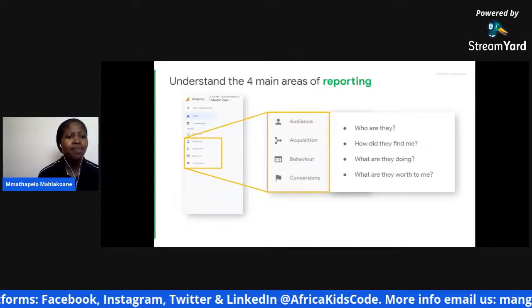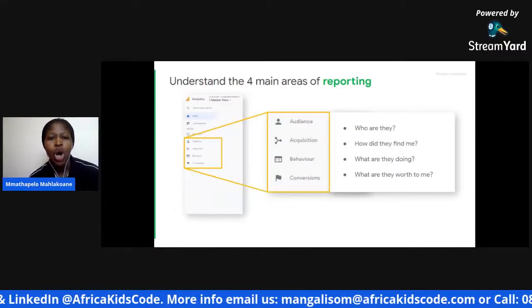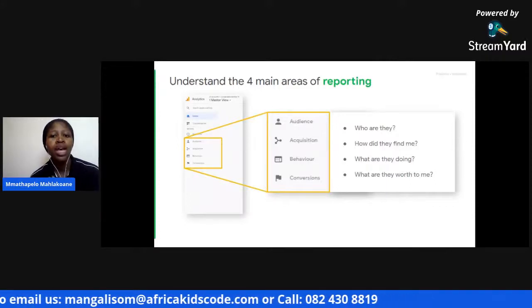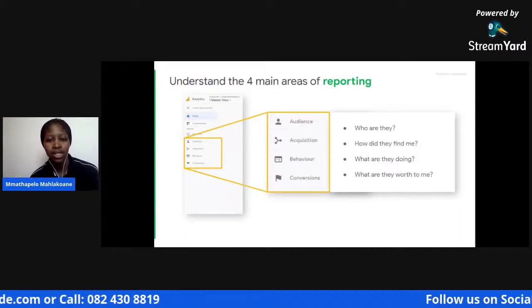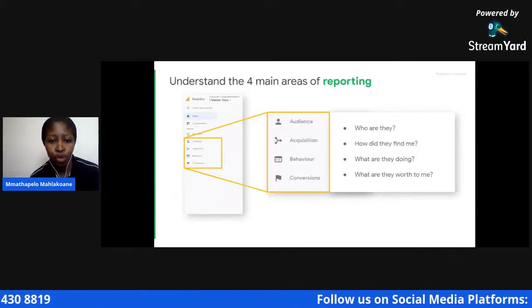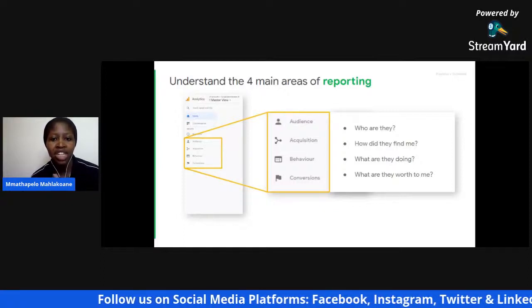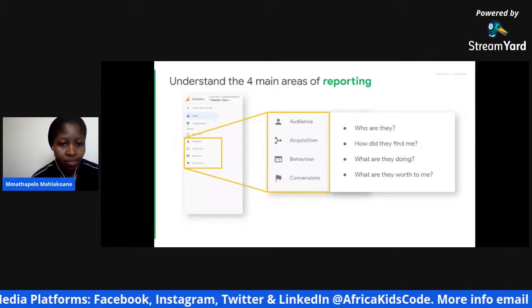So understand the four main areas of reporting. All of Google Analytics reports are grouped into four main areas to help us answer those questions that we mentioned before. You'll see these areas on the navigation menu on the left side of your home screen.